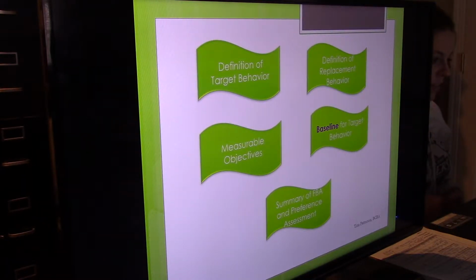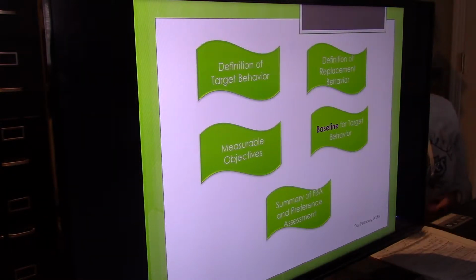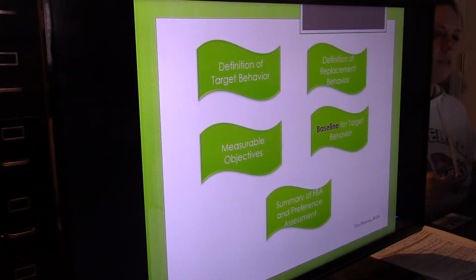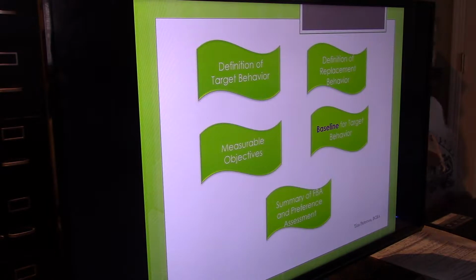Then the summary of the FBA and the preference assessment. So the FBA is what I do. I do the assessment. I interview the parents. I give them some rating scales. I compose this 19-page document to give to the insurance companies. That's my FBA. I do observations. I take behavior data. I give it to them. The preference assessment is something that